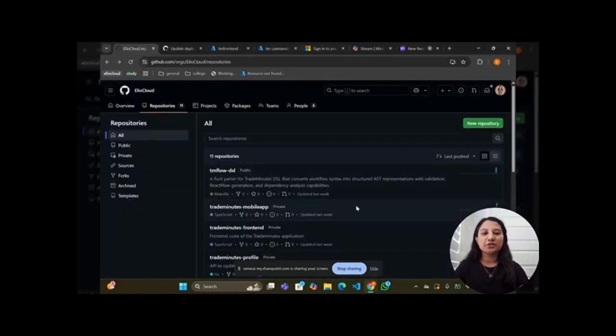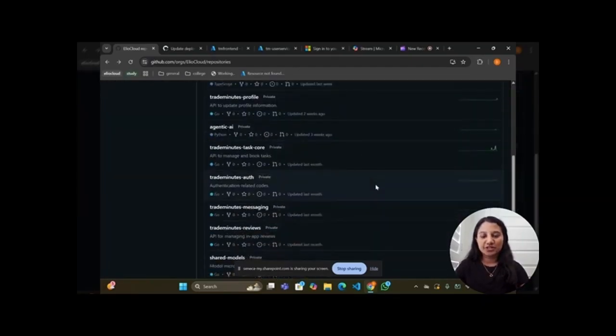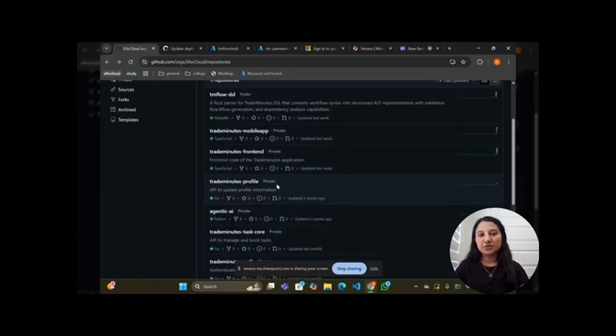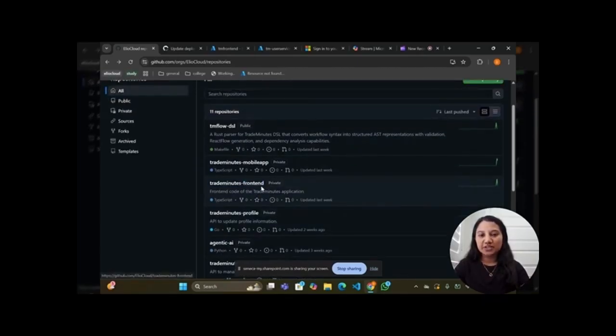Today I'll be talking about the TradeMinutes deployment part. So, this is our repositories. We have created 11 repositories. We have divided some of the important features into different repos so that we use them as microservices. For example, for the front end, we created a repo here